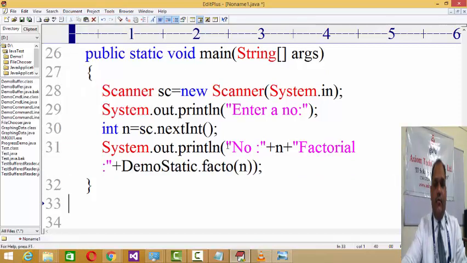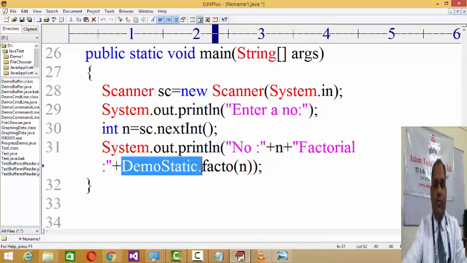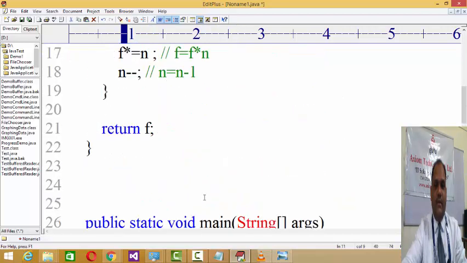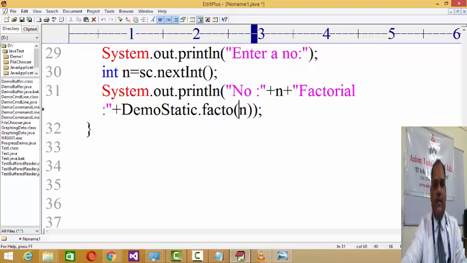The facto method actually belongs to the class and is a static type of method. So you'll be passing it the value of n, and the class reference is required over there.